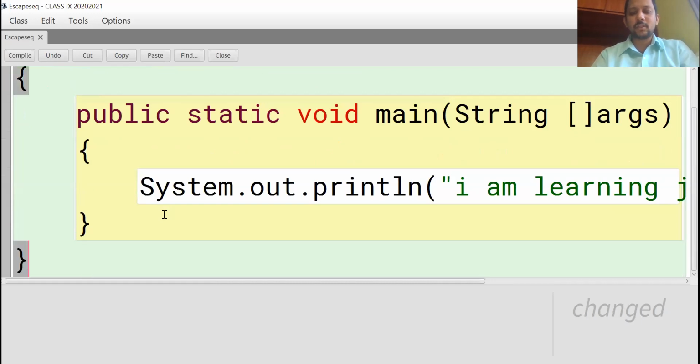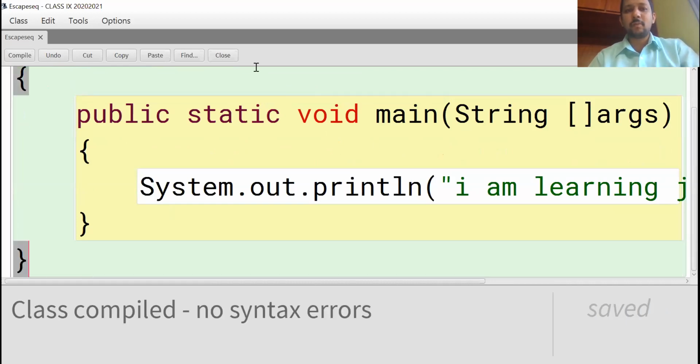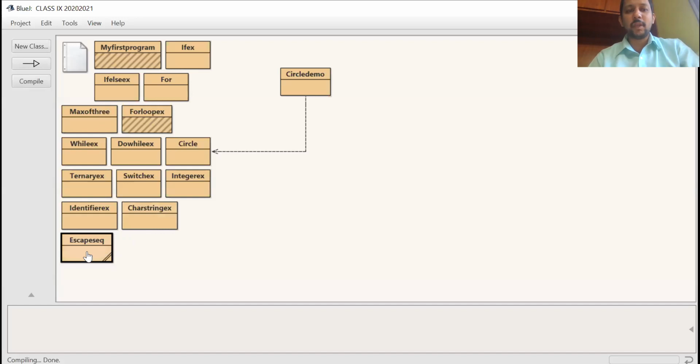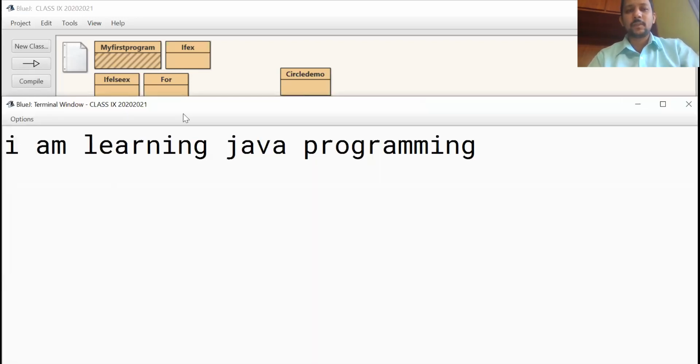Close main, close the class. So what is the output? I am learning Java programming. See, this is the output.